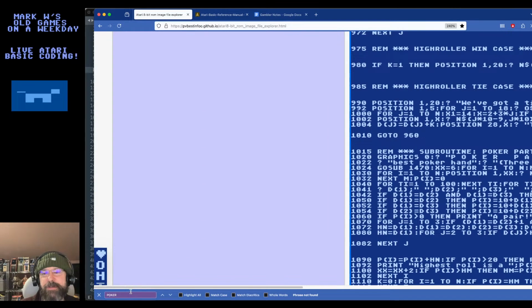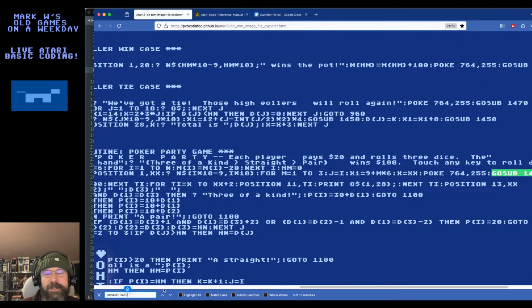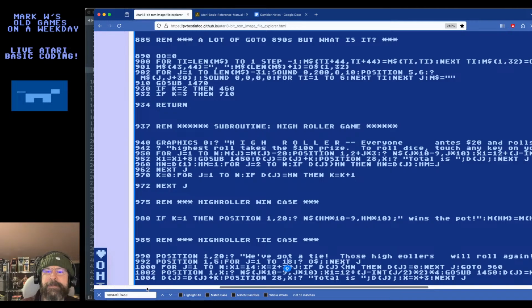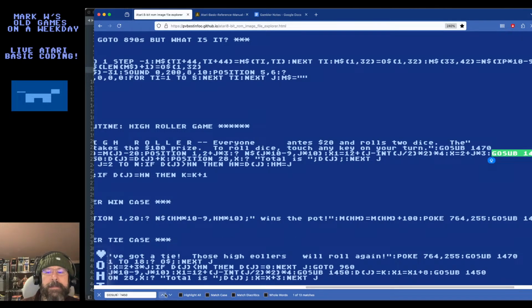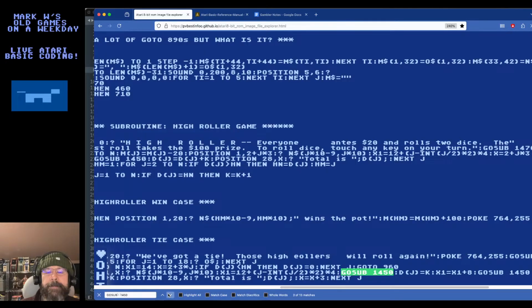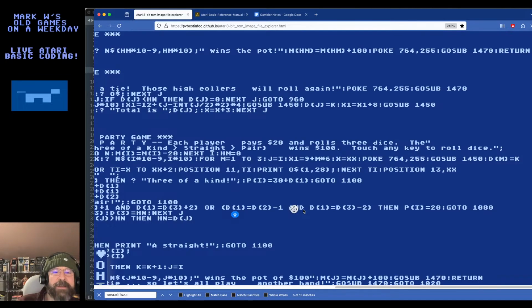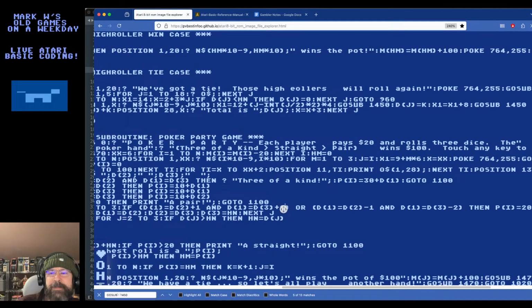Let me see where else they call go sub 1450. If I see the same thing everywhere, it's probably safe to assume it's just magic I need to do. I'm not seeing the same thing everywhere, though. All right, so much for that theory, but then it becomes, do I want to just see what happens if I omit that, and then I could try it with that? Yeah, I guess I'm okay with that. It's not going to break anything.